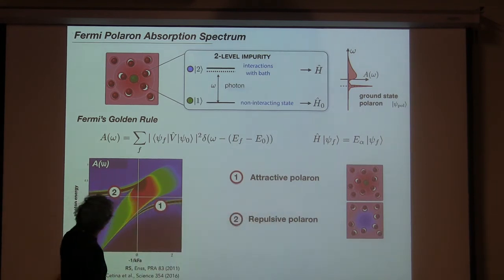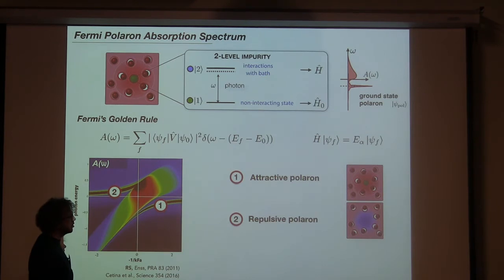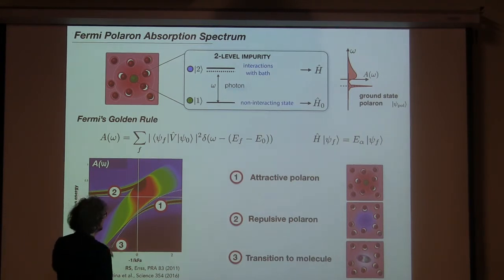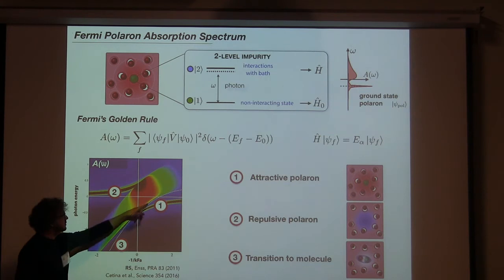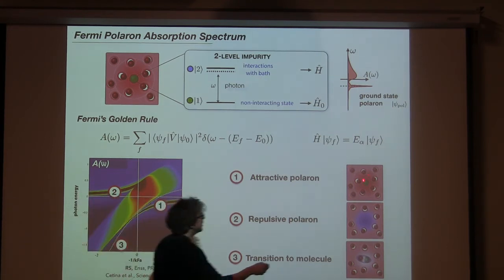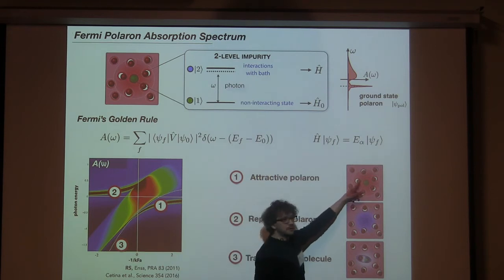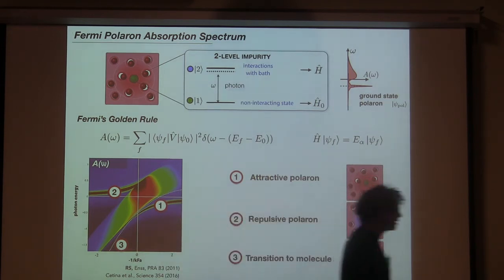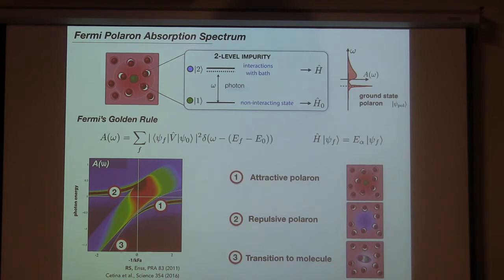It has a finite lifetime and therefore a finite broadening. It's called the repulsive polaron. And if we had done an additional calculation, we would actually find that the Hamiltonian also supports states which are molecular states. Here, the impurity decides to catch one of the fermions out of the Fermi sea, and then you have basically a system where a single molecule,